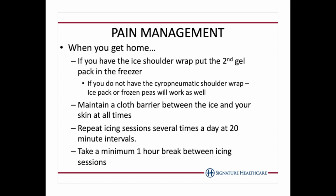When you return home from surgery, you should use as much ice as possible. It is used to control the pain and reduce the swelling. A bag of frozen peas works very well and can fit nicely over your shoulder. Remember to keep a cloth barrier between the ice and your skin at all times. If possible, ice your shoulder several times a day for 20 minutes each time, taking an hour break between icing